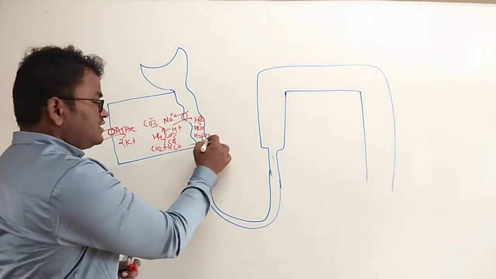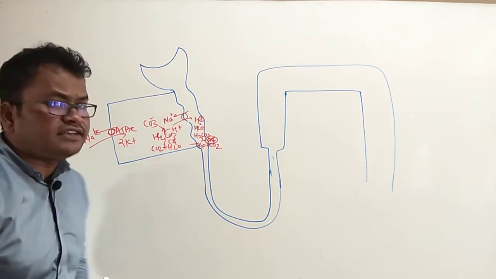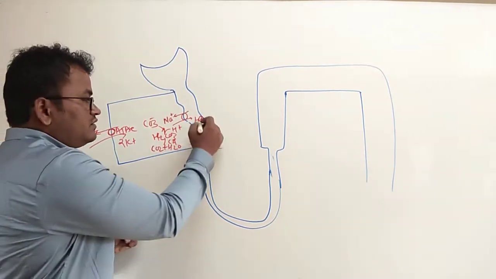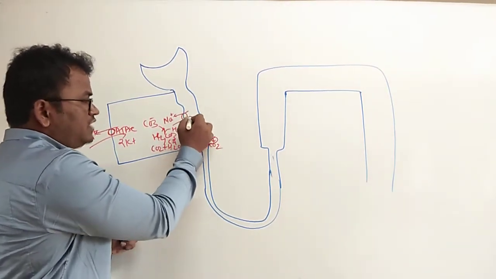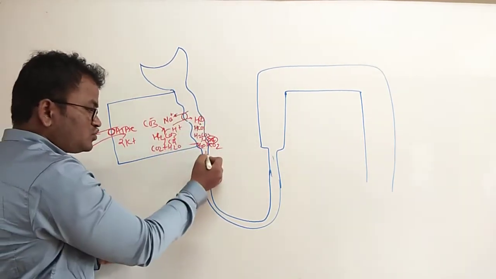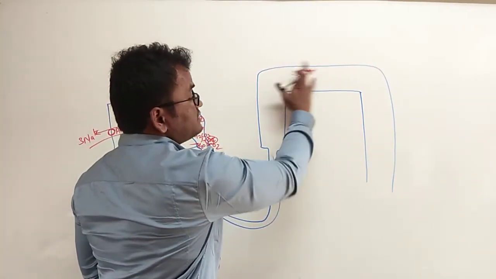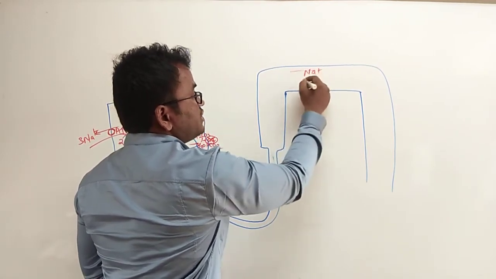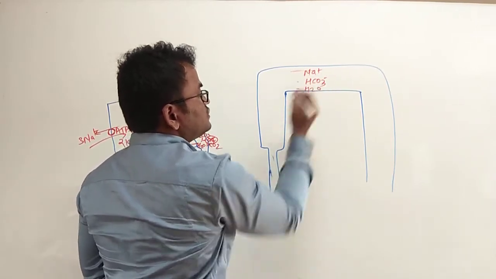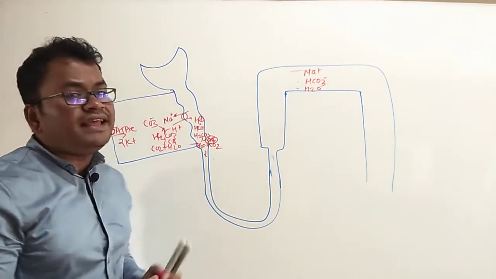If the carbonic anhydrase is blocked, if we give the drug, that is a carbonic anhydrase inhibitor, acetazolamide, then what will happen? Here the H plus ions are not formed, hence sodium ions are not reabsorbed, and that leads to the excretion of these sodium ions. So sodium ions, Na plus, come. Second is HCO3 minus. Third is water. These three molecules come to the late part of the nephron, that is the DCT.